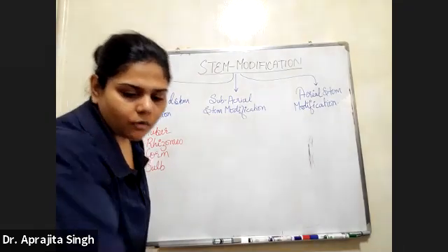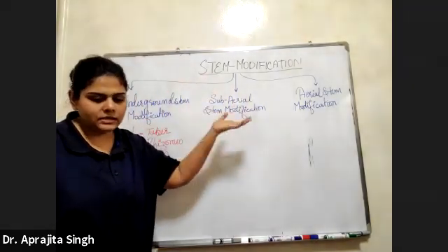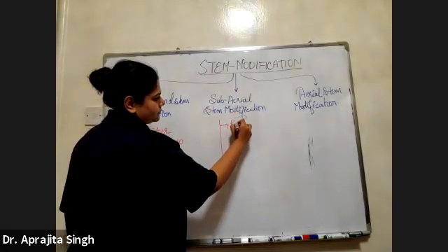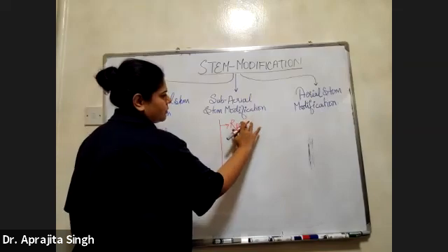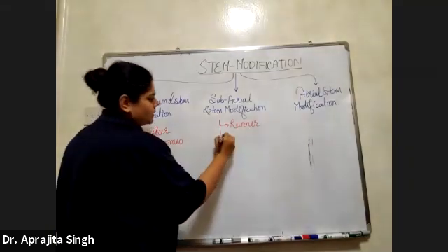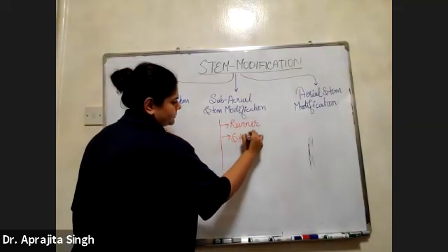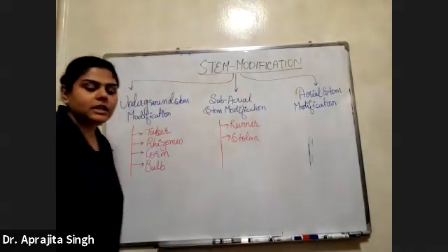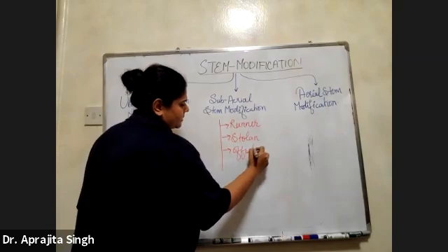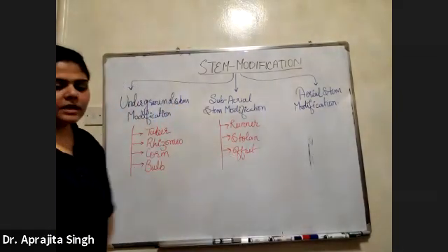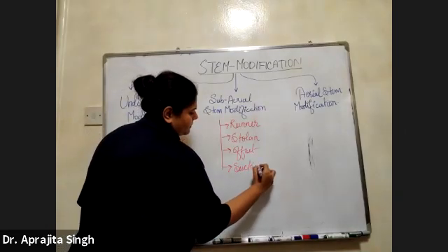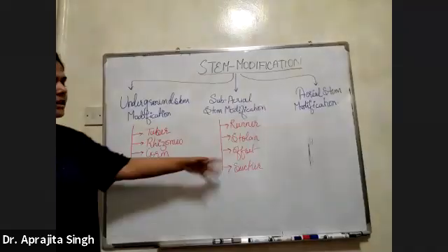Now let's see what parts are coming in the subaerial region. In the subaerial region, the first is runner, Usain Bolt. Runner. The second is stolon, thief. Stolon, thief. Offset, offset. You can just learn these words. And the last is sucker, pissed off person. The pissed off people, sucker.